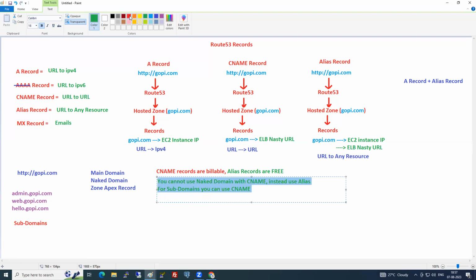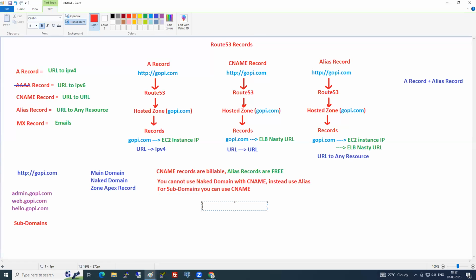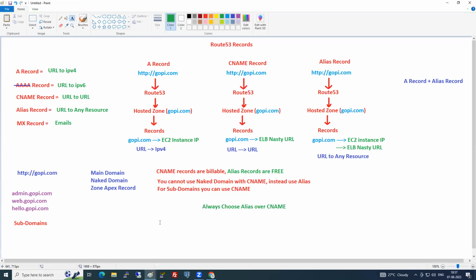Is this clear? Whenever you get any interview question or certification question, if they ask which one you will select, CNAME or alias, always choose alias over CNAME. That is the mantra. Is it clear?